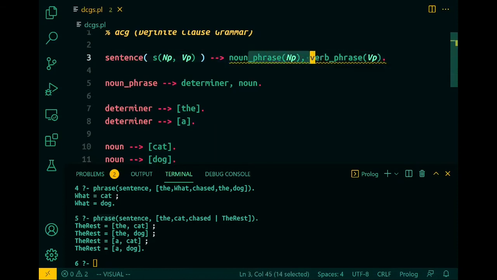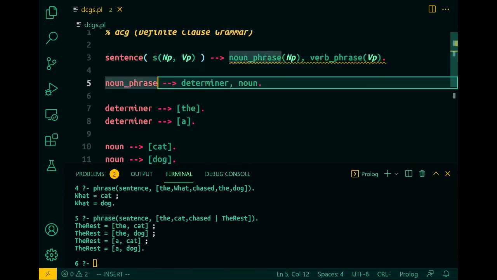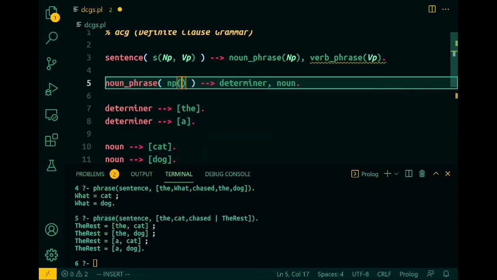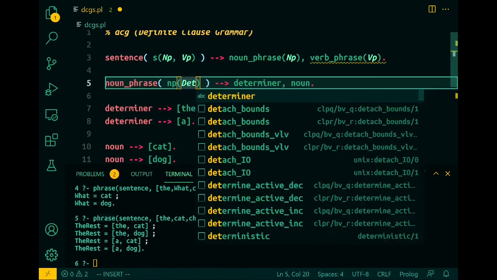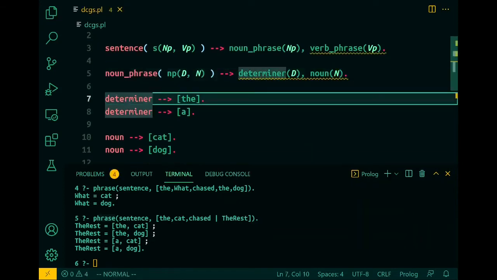So it's giving me an error here because we changed the signature, the arity of these two non-terminals. We need to go through and do all this to all these. So in the same way, I'm going to say, oh, noun phrase contains the determiner. Maybe we'll just call this D and the noun. And then we'll say D here and N here. And we'll sort of go over this once we're done. And then down here, we're sort of at the bottom. So we're going to say